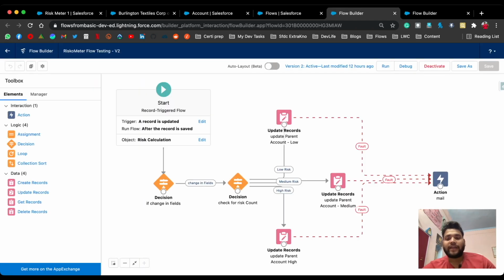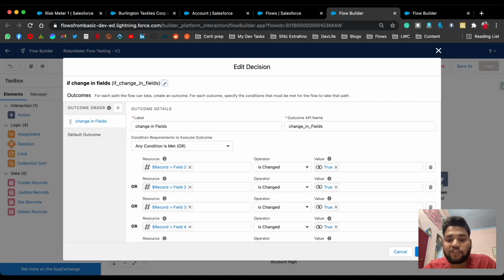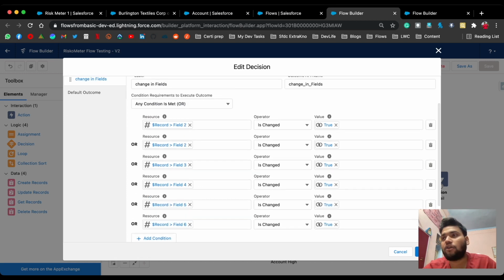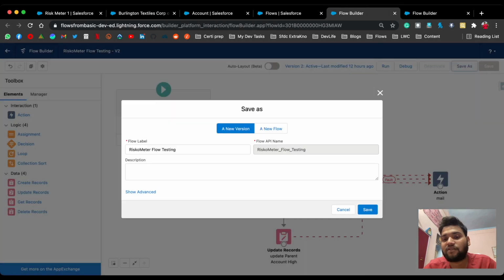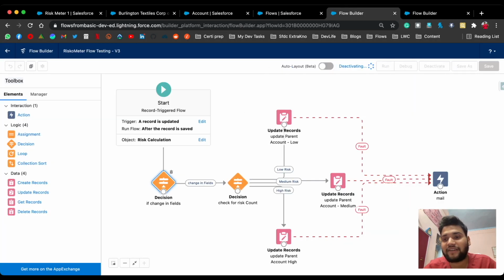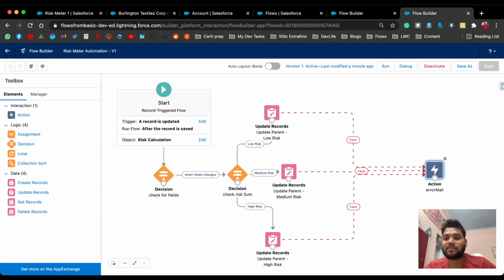Let me show you. So here you can see I have the same scenario, same everything, but the difference is I used is changed instead of does not equal to record prior value. I select is changed and simply or conditions. So I will cover this is changed in the next video. Don't worry about that, and simply click done, and let's deactivate this flow. Oh sorry, I need to deactivate this, and as you can see this flow is deactivated and this is activated.